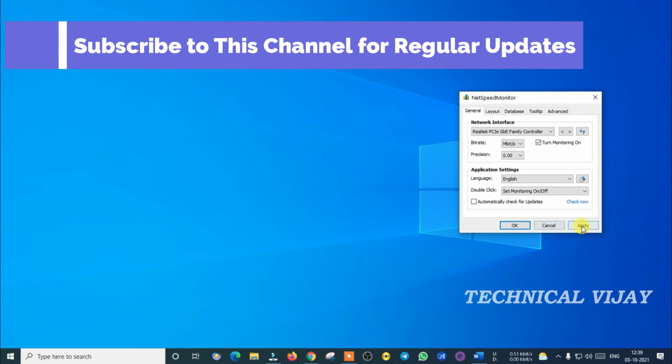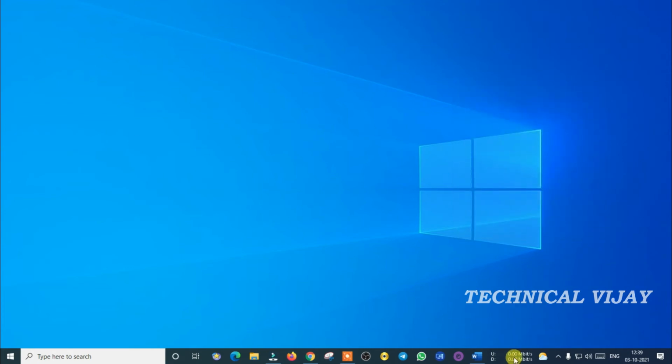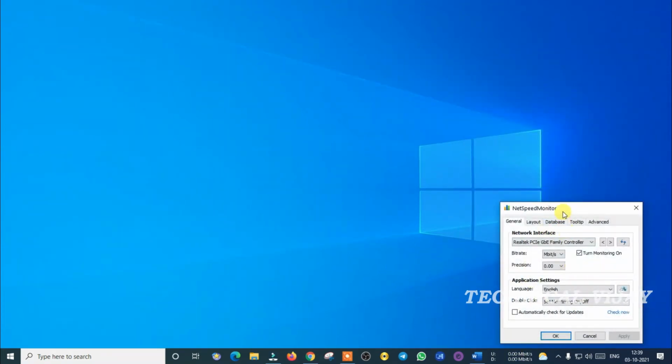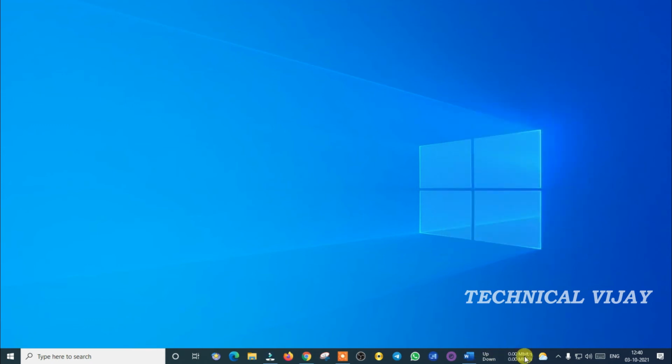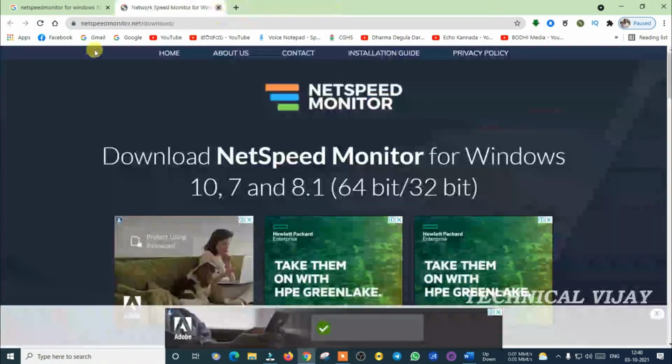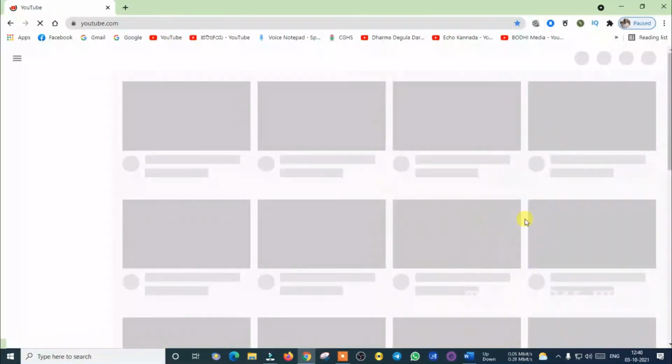So in this way, you can see the upload speed and download speed. In this configuration also, you can name the labels, instead of upload or download, as up or down, like that. By default, it is U for upload and D for download. You can change it as you wish. After this, the meter will show the upload and download speeds in whatever bitrate you have selected. If you have selected MB per second, then it will show MB per second. Let us browse some internet so that it will display at what speed we are browsing or at what speed we are downloading things.